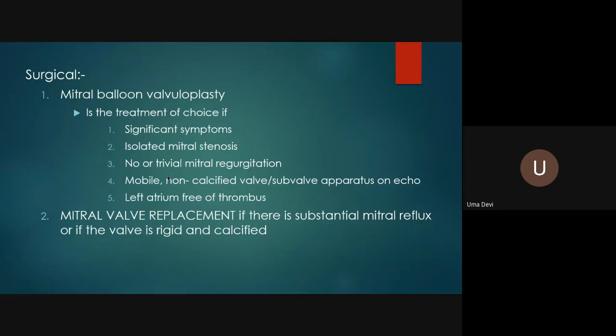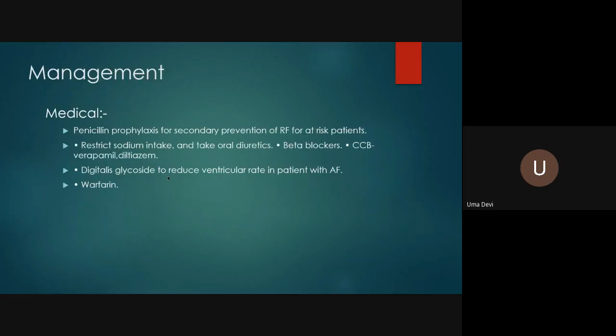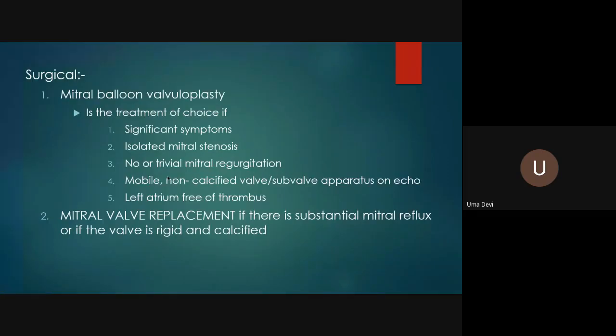So what are the surgical managements available? You can have either mitral balloon valvuloplasty, which can be closed or open, and mitral valve replacement. So now we have to carefully select the patient. So when do you intervene? If the patient is asymptomatic, there is no role of surgical intervention. When the patient has mild symptoms, that is NYHA classification 1 to 2, then your medical management is sufficient. With careful secondary prevention, the patient usually survives for a long time. Suppose the patient is going to NYHA class 3, that is significant, this is the time you are going to think in terms of interventions.